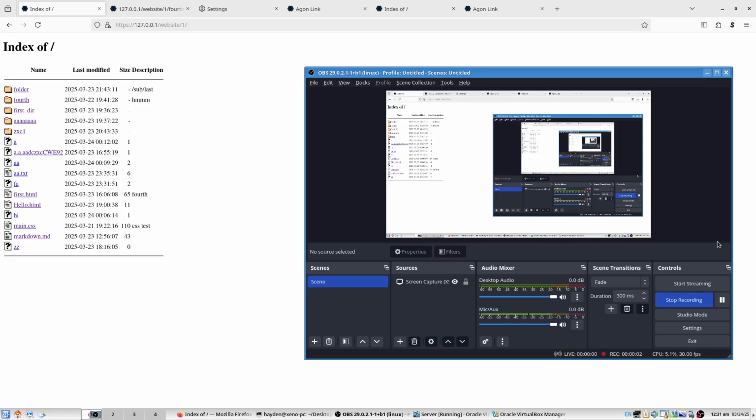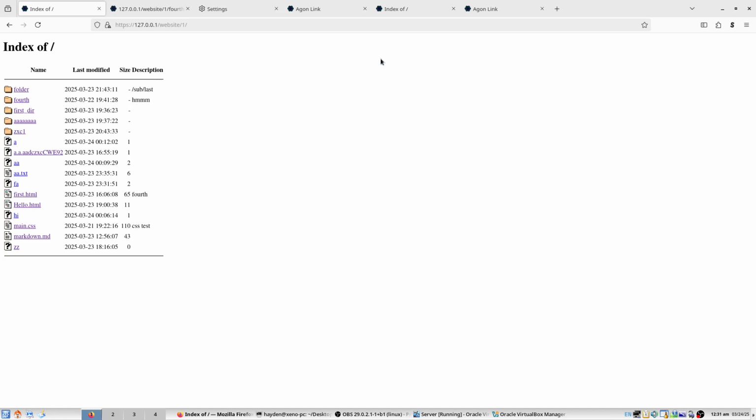Hey guys, I want to show you something that I'd been working on for a few days. So this is a new project. I took a break on Nexus for a little while. But anyway, as you can see, this just looks like a regular web explorer. You'll usually see these in Apache or in Nginx. I don't know how to pronounce that, but